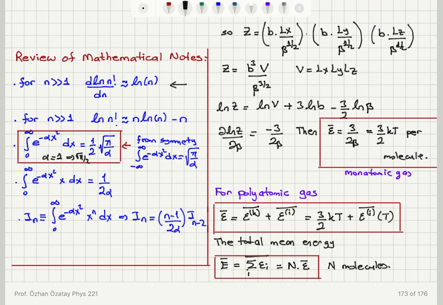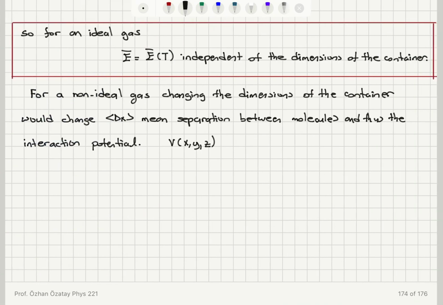For the polyatomic gas, in addition to this 3/2 kT, I would have terms coming from vibrations and rotations with respect to center of mass, but those would also not depend on dimensions of the container because they're with respect to the center of mass. And the total mean energy is just capital N times the mean energy per molecule. And for a non-ideal gas, on the other hand, I see that changing the dimensions of the container Lx, Ly, Lz would have an effect because it would change the potential energy by changing the mean separation between the